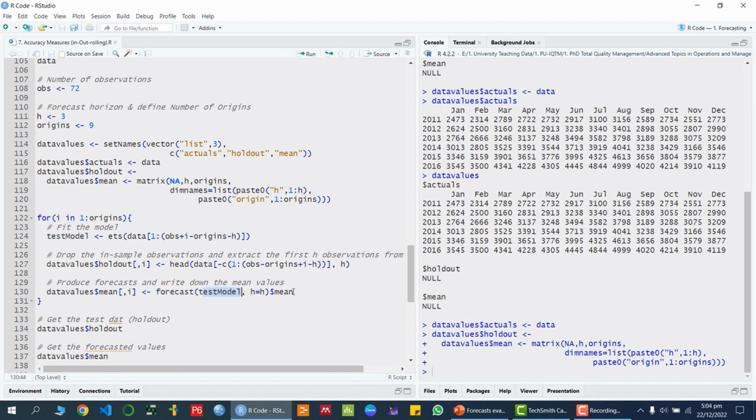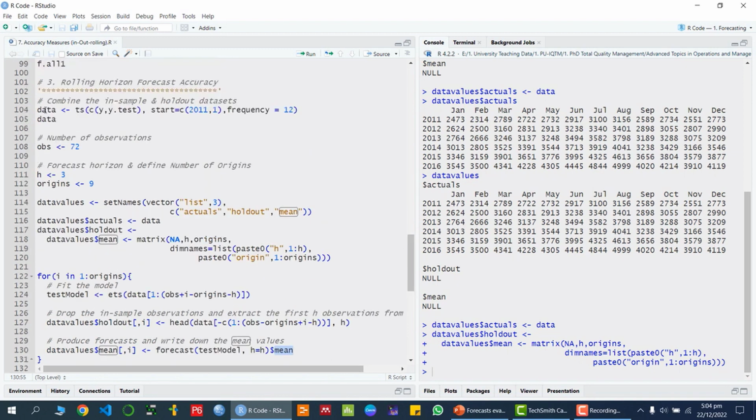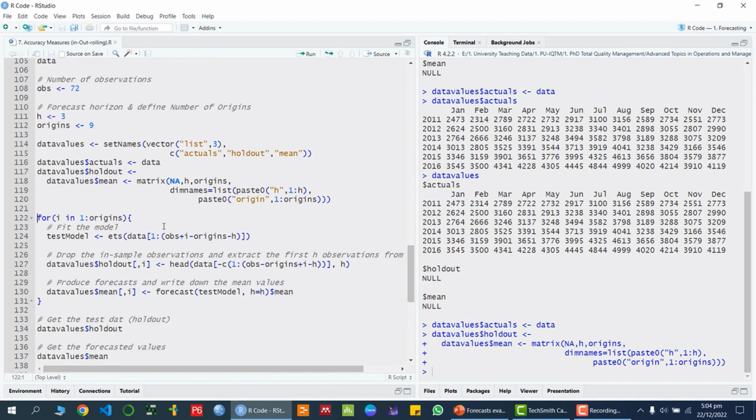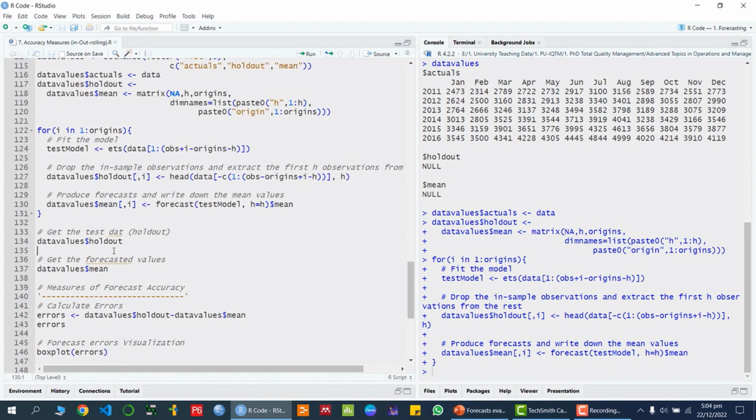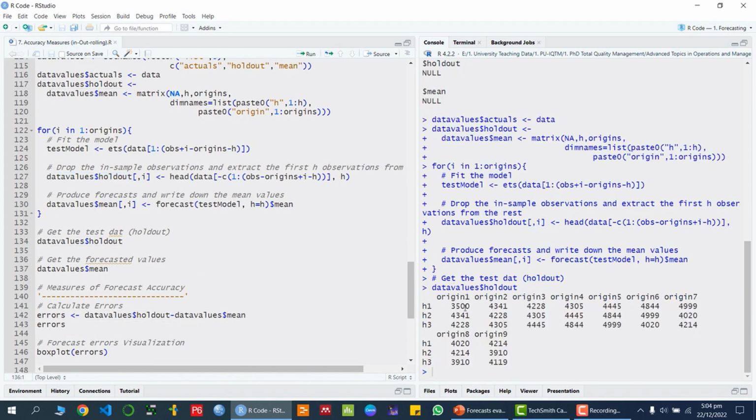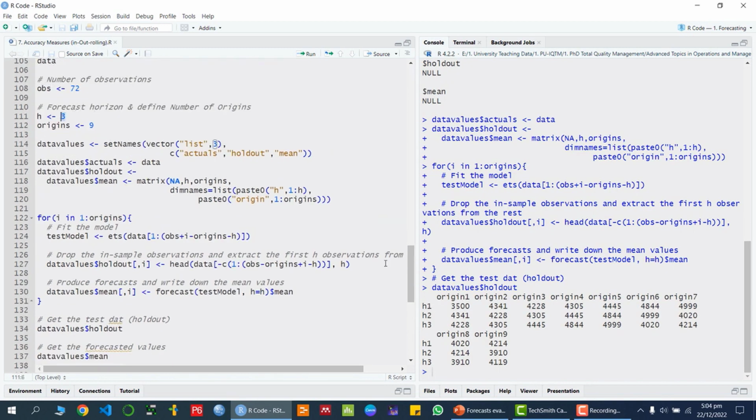H is equal to H dollar sign mean, because basically we are taking only the predicted values, not the holdout sample. Now if I run this particular loop, the loop is successfully completed. Now I am basically accessing these numbers, the holdout sample. As you can see, because the H was 3, these are the 3, so that means the 3 forecast horizon when the origin was